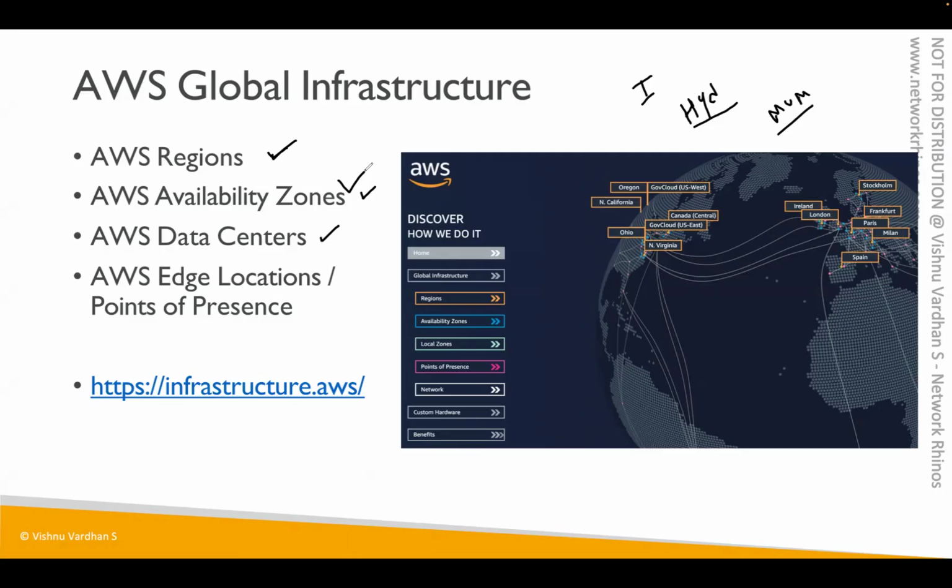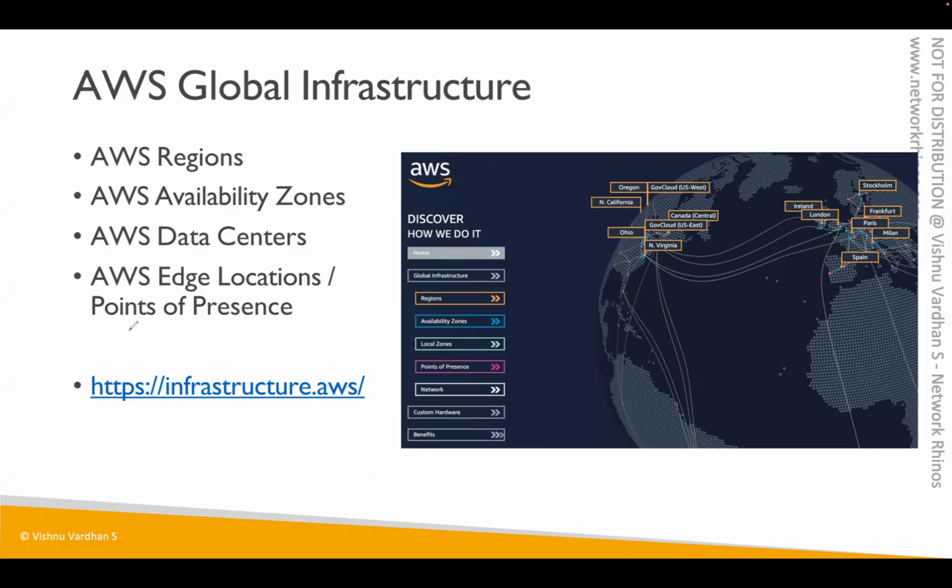Inside data center servers only, your services are running, like your EC2 services, whatever service I showed you before, right? 30 services. They're all running inside data centers, which are placed under one availability zone, which is in the region called AWS region. Okay. So under one big hall, we have multiple data center servers. This one big area, which is covered with a lot of fences and everything, where they have a lot of data centers, that's called an availability zone. And AZ will be inside one region.